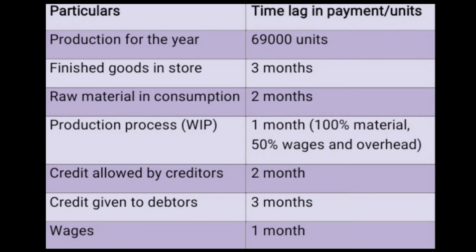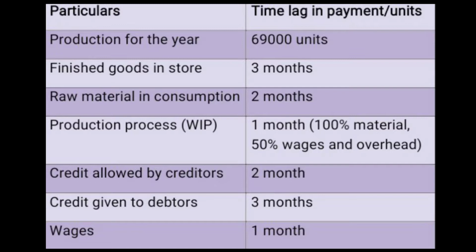Raw material consumption is 2 months. Production process: in this question, there was no complete stage given for work in progress. It was only mentioned that the completion process is 1 month. So the material is used 100% because material will be used in the overall process completely. So the production process, that is the WIP process, is 1 month in which material is used 100% and wages and overhead